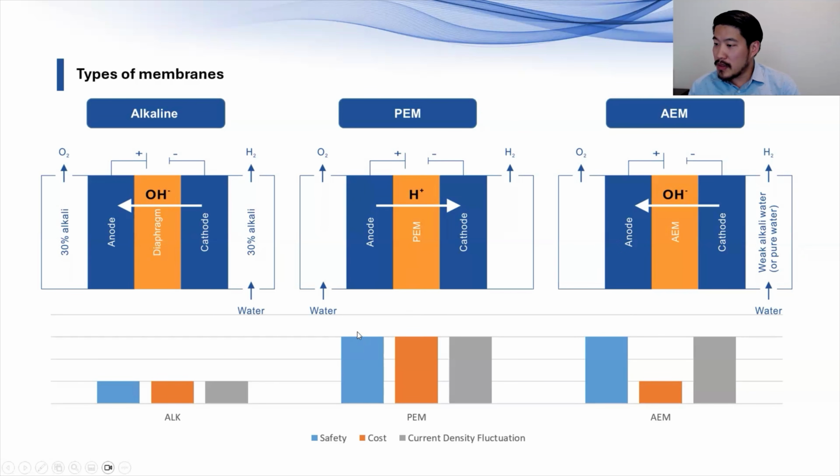And then in terms of safety, since we're able to adjust the pore sizes to the nano size and also add different catalysts to prevent hydrogen crossover, we make it much safer today. And also in terms of fluctuations of power, if you're using solar to split the water, it's able to withstand those fluctuations. So the current or the power can go up and down, and PEM is more or less fine with that.